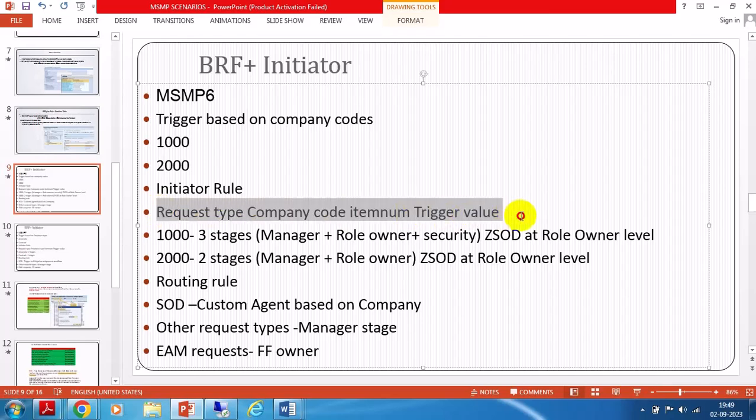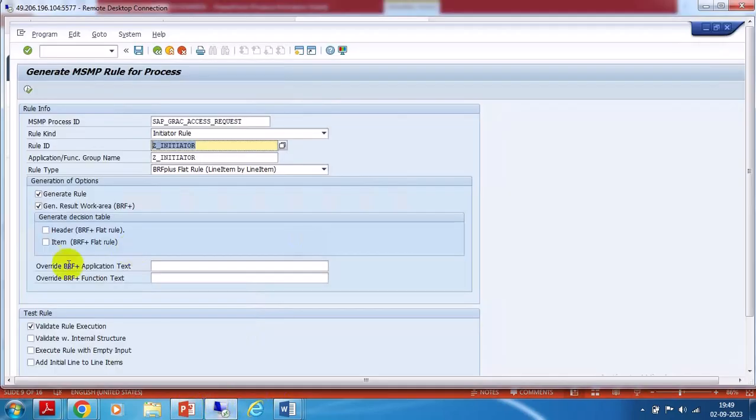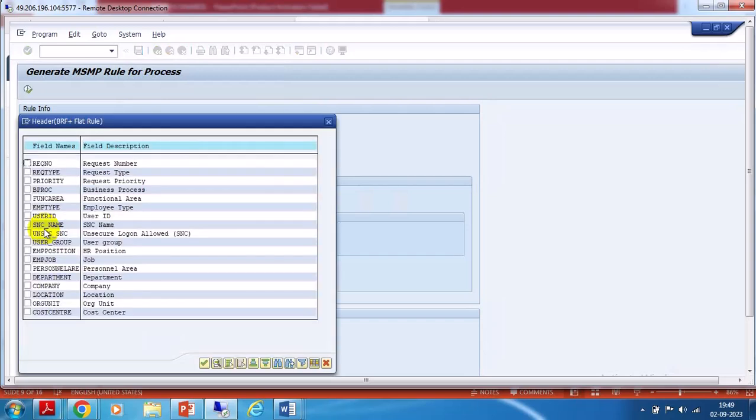Like this, we can generate one table that you are going to see in a minute. To maintain these values, you can select header and item. If you are not maintaining these values, no issue. We can define in BRFplus transaction code. But for method 1, we will select the values. As soon as we select the checkbox, there are some values which will be populated here. What these field names refer to,